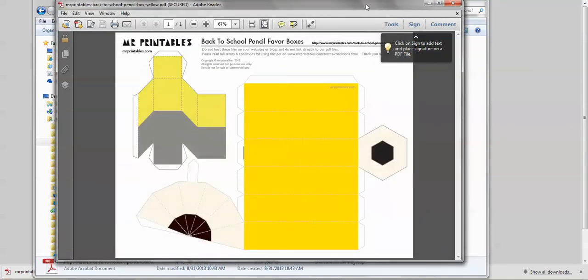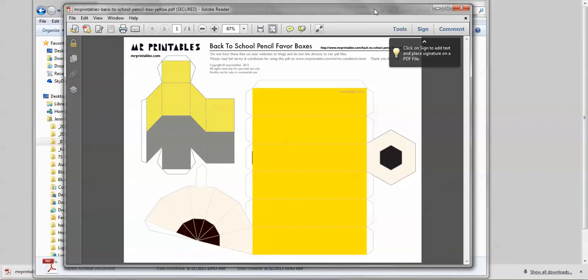So the one thing I wanted to show you today was how to work with a zip file. Sometimes when you're getting a large download, you'll get a file that's a zip file, which looks like a little file folder with a zipper on it. And what that is basically, Windows, I don't know about Apple, but I know that Windows uses a zip file as a file compression, so that